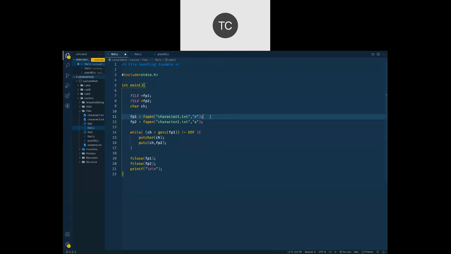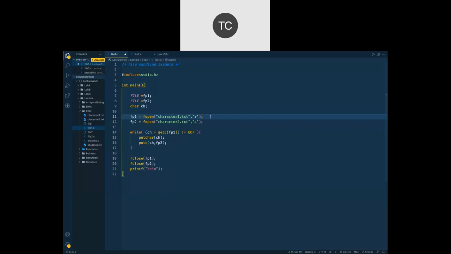So R, W, A. Now read will only allow you to read that file. You will not be allowed to write something in that file. It will generate an error. Write mode will only allow you to write to your file. It won't allow you to read it, otherwise it will generate an error. Append mode will only allow you to append some data at the end of your file.